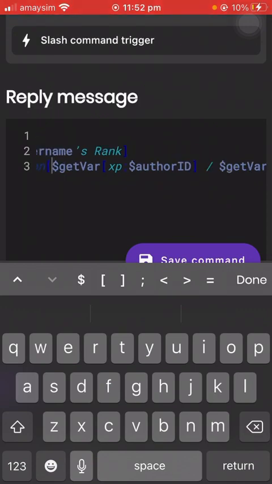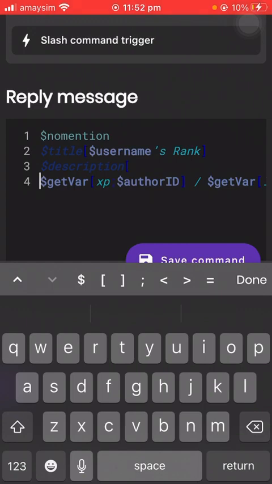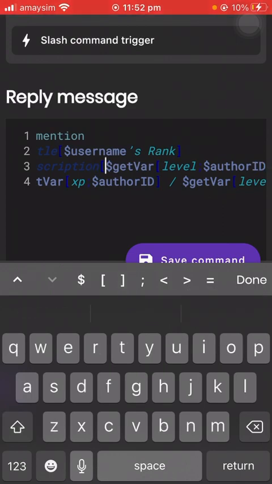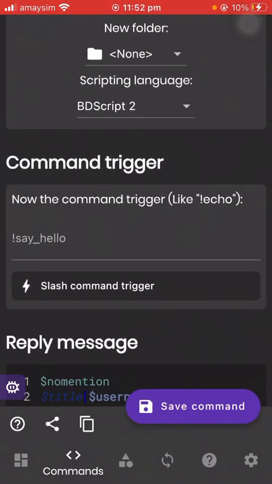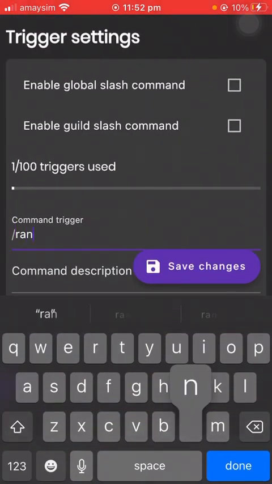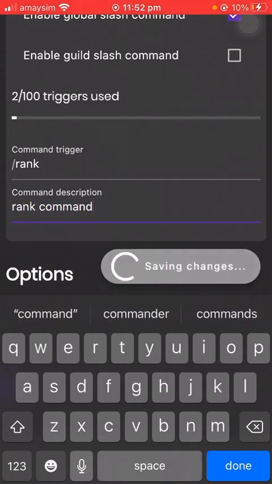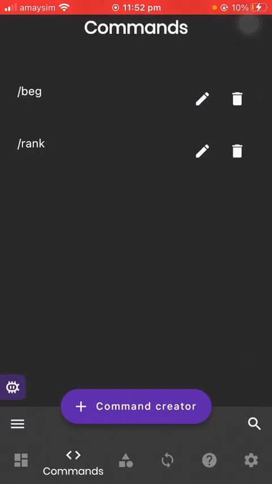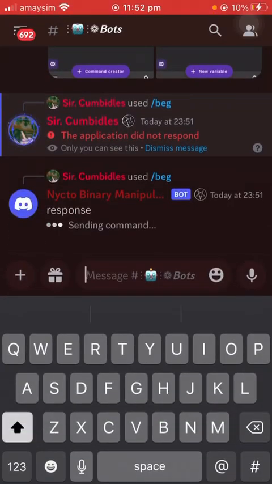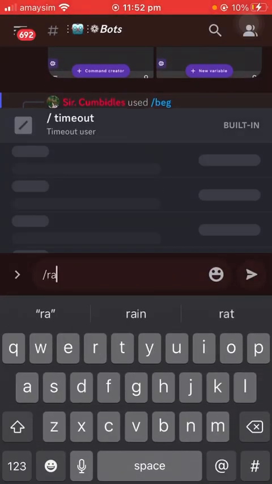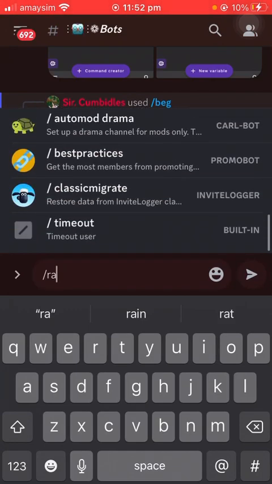We'll go in here, we're going to set it up as a slash command once again. And now that we've done that, we can go back to this one, and we'll wait for it to update and add the command in. And now when we run this, we'll see that we have 10 XP, level 0, and if we run the command again that we made earlier, and go back to rank,